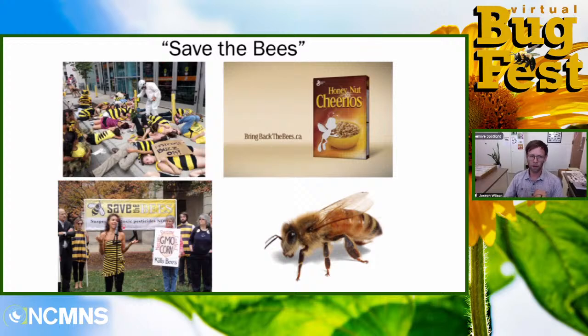And so you can't do this broad scale seed campaign because very different plant communities live in different parts of the country. A lot of people do protests against pesticides or genetically modified foods. A lot of these are based on cultural ideas, but what about the science? Like, what does it really do? How do we really save the bees? And step one to saving the bees, I think, is learning about the bees. And so that's what I want to talk about for the rest of this talk, is learning about the bees